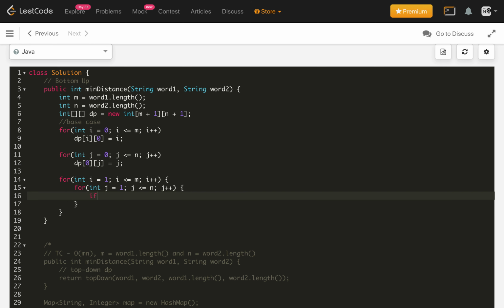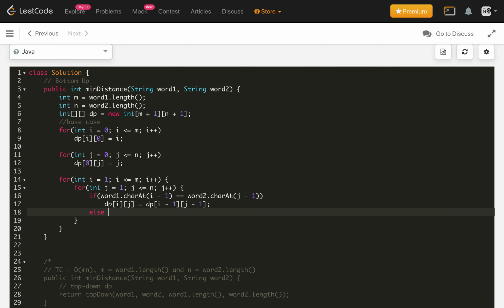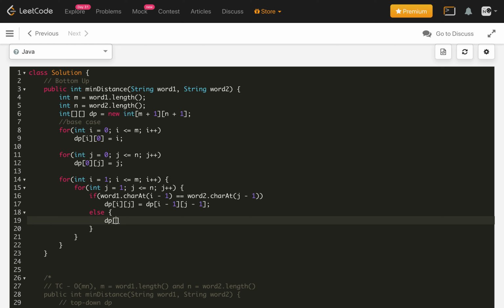Then we will check if word1.charAt(i minus 1) is equal to word2.charAt(j minus 1). In that case our dp of i comma j is simply dp of i minus 1 comma j minus 1, else we will get dp of i comma j equal to 1 plus Math.min of